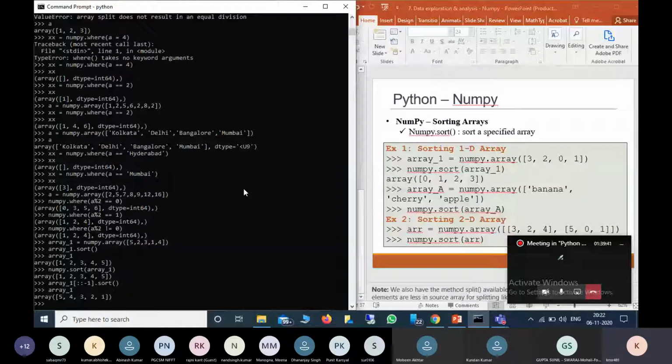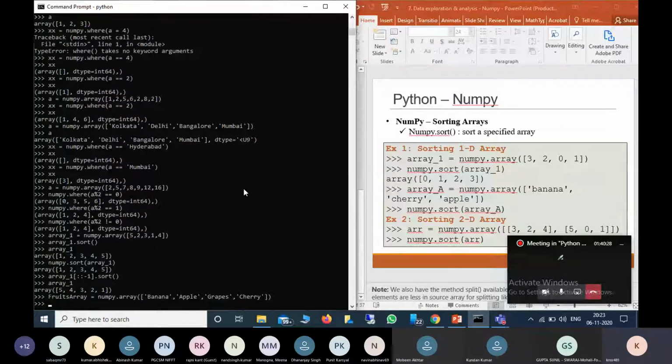So is it clear for 1D array? We can even sort cities or fruits. For example, there will be a fruit array. What you can do is numpy dot array with, for example, banana, apple, grapes, cherry.